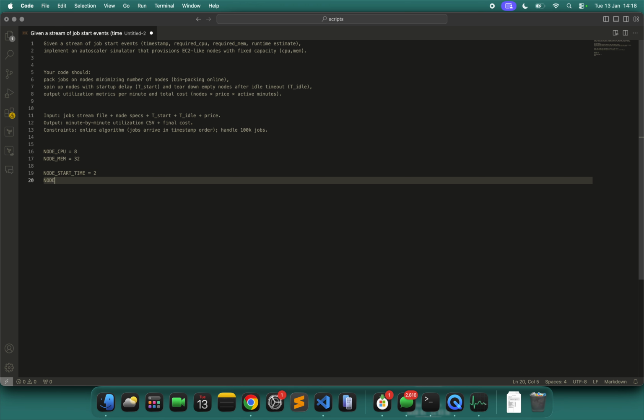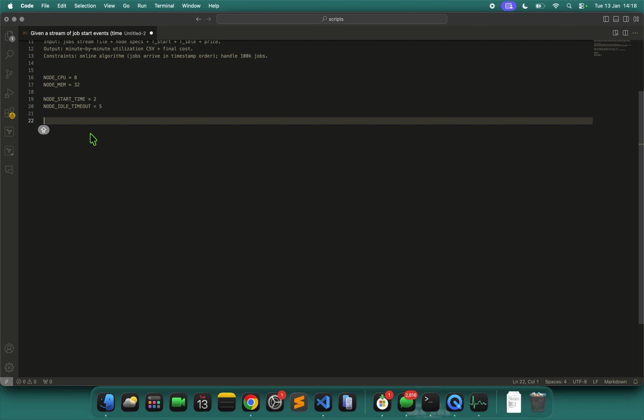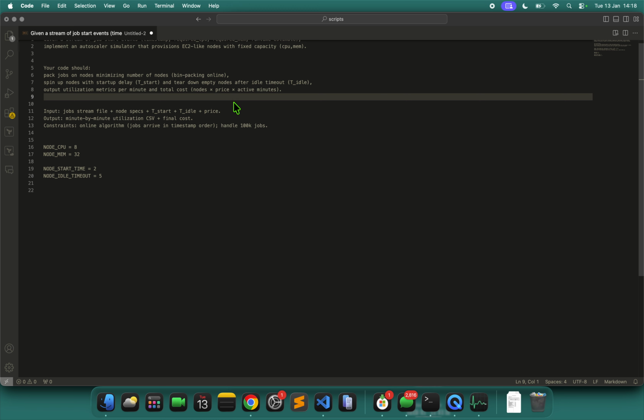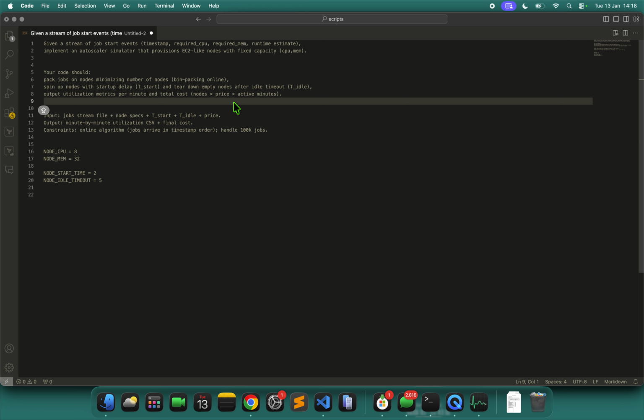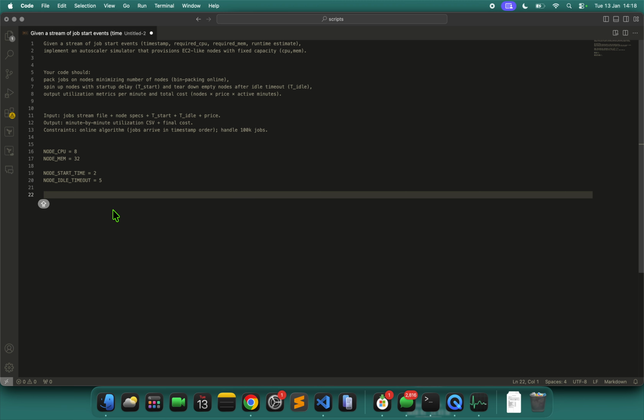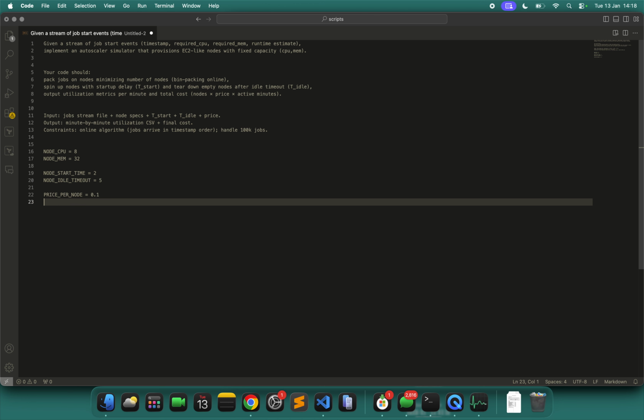Node idle timeout. Can I use any price per node? Yes, like I mentioned, you're free to make your assumptions. Price per node, let's take it as 0.1 for this use case.